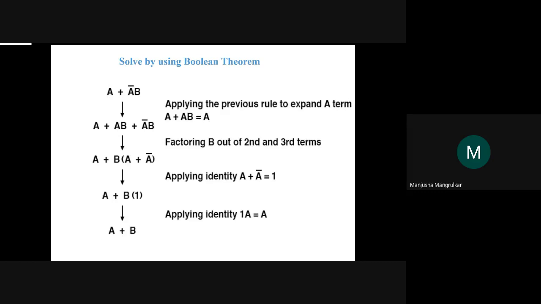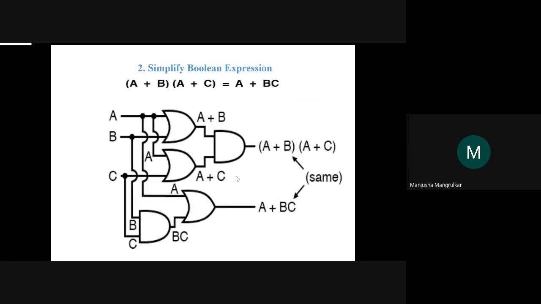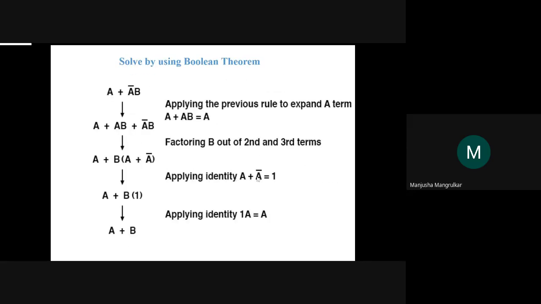And this is what we can say, that A plus A complement and B is equal to A or B. It is proved by using this theorem, right? Now we'll see the next one. So we should know what laws there are. You have to do those 10 theorems first. You should know where to apply those laws.